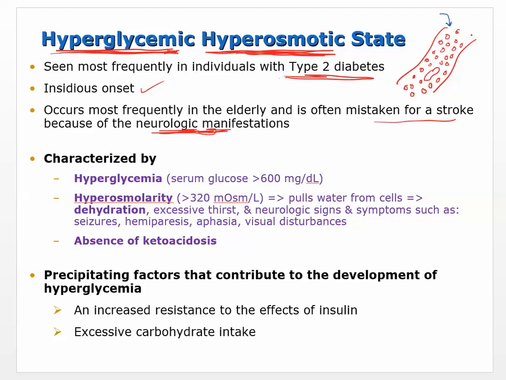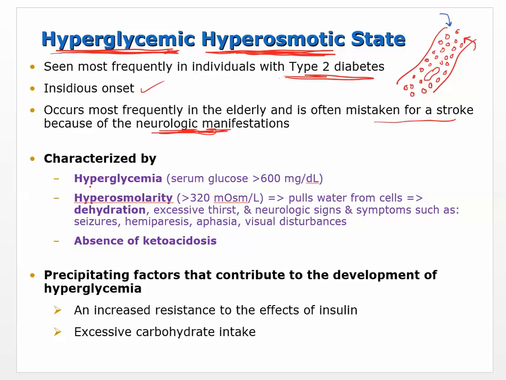All this glucose out here, if we talk about what happens in the brain and you have these neurons, it's going to suck the water. That's what osmosis does. It's where you have more particles, it sort of sucks the water away from other areas. And so when you have all of this glucose out here, it's going to suck the water out of neurons as well.